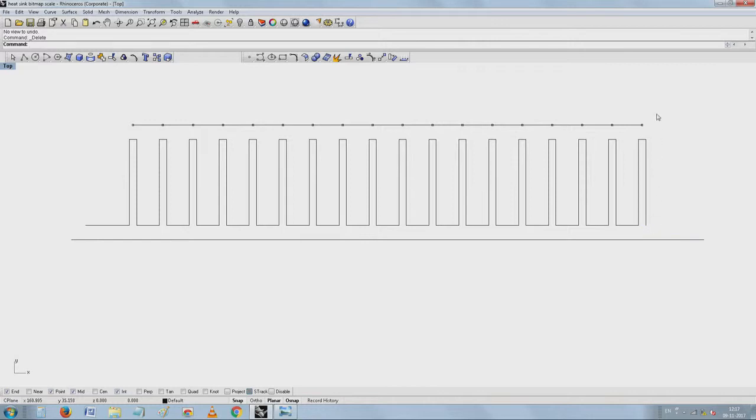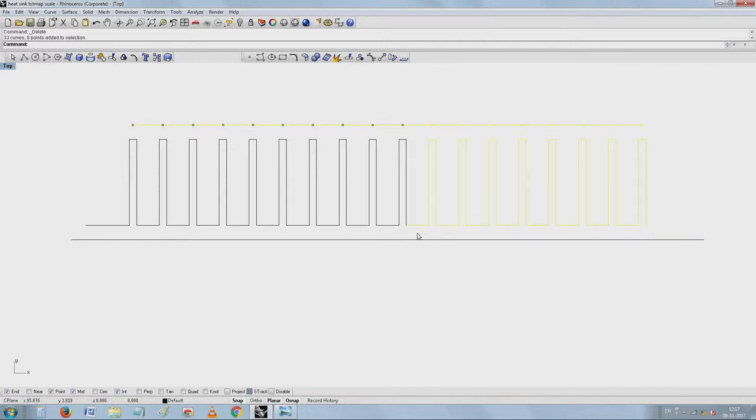And then I will just leave a couple of fins and then see whether it is possible for me to make something which is equally interesting.